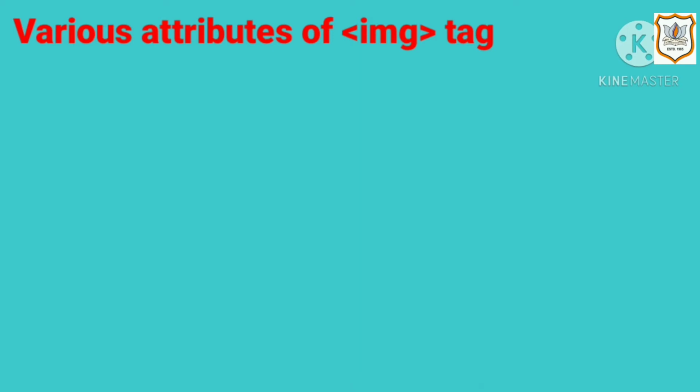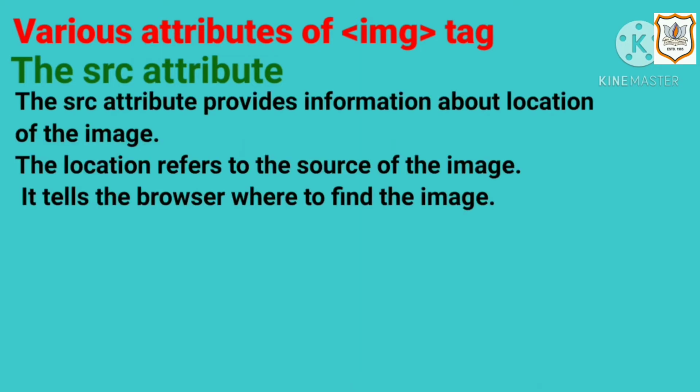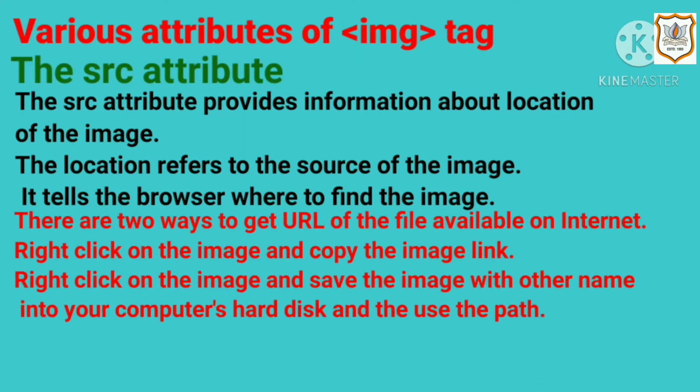First one, the src attribute. The src attribute provides information about the location of the image. The location refers to the source of the image. It tells the browser where to find the image. There are two ways to get the URL of a file available on the internet. First, right click on the image and copy the image link. Second, right click on the image and save the image with another name into your computer's hard disk and